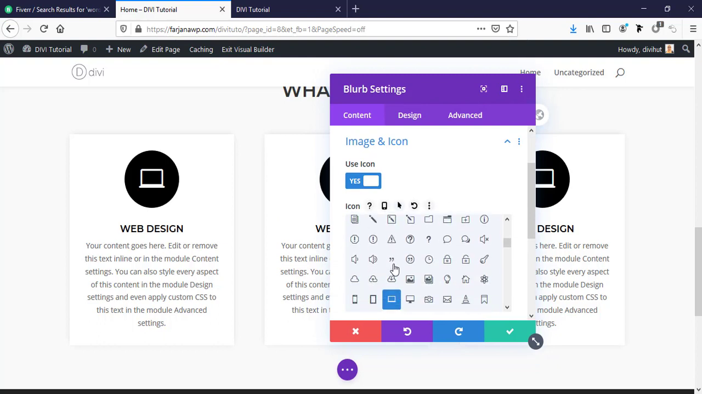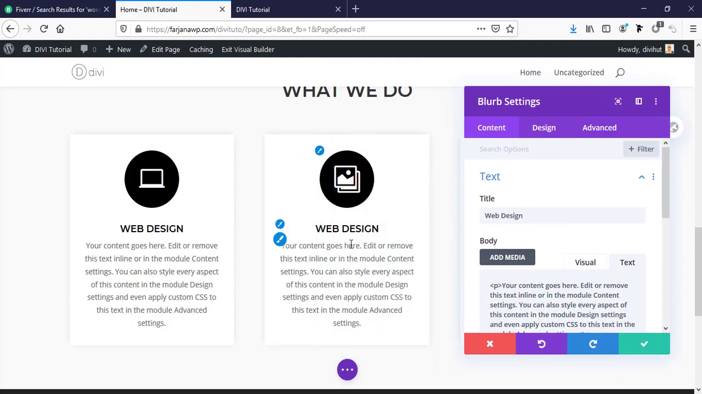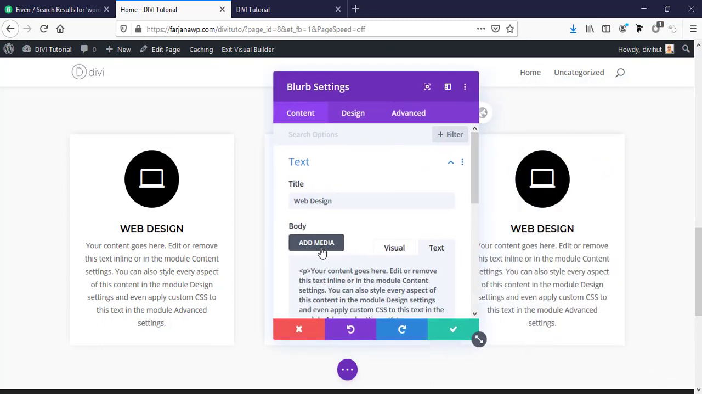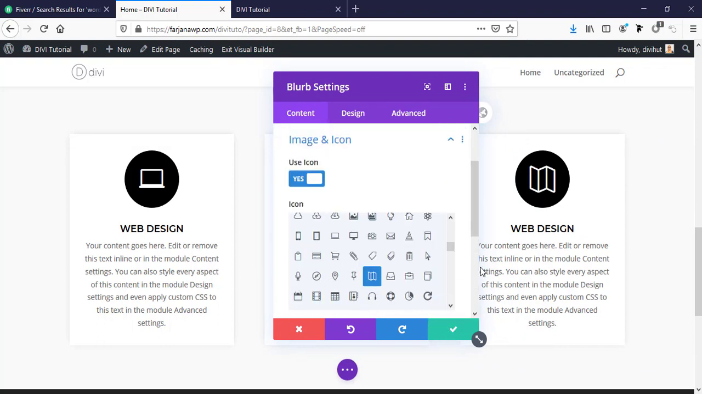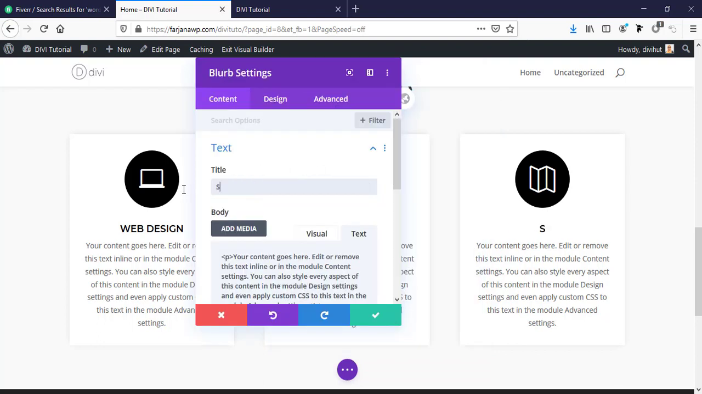I'm just using a different one and changing the title to graphics design, save it. And for the third one I'm using a different icon, selecting a random one and going to title, just typing here SEO service,